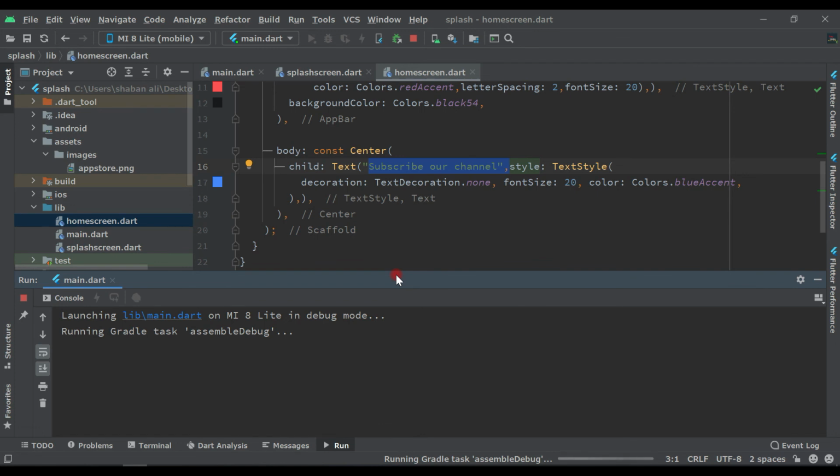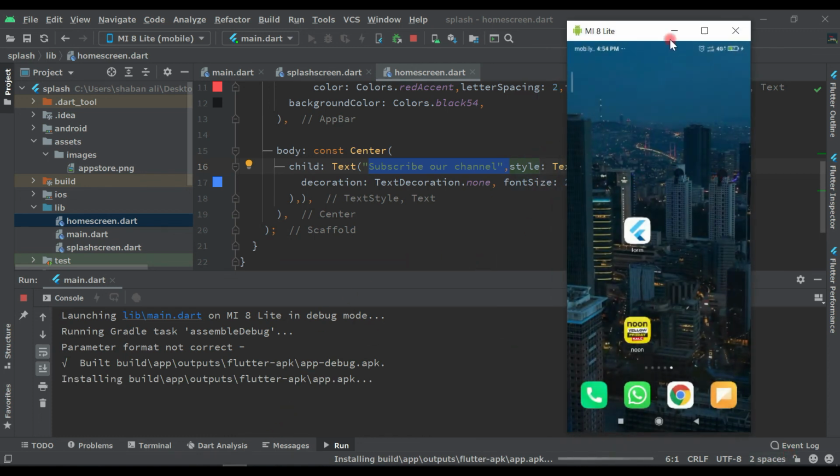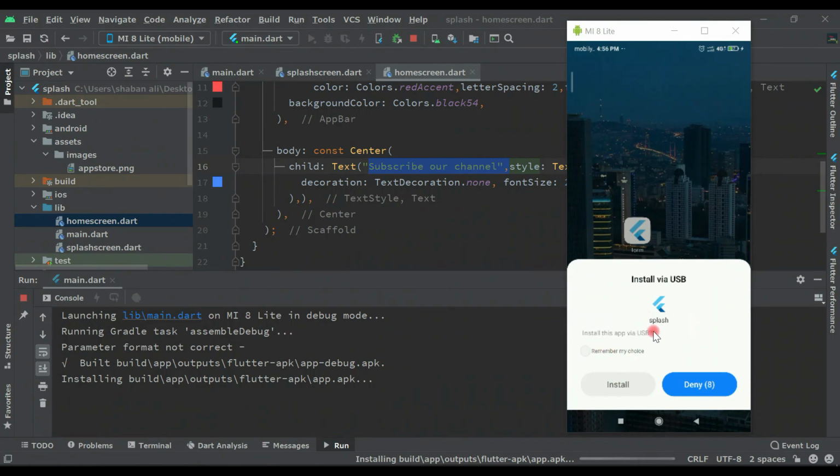So we have to wait. And let's open our emulator.